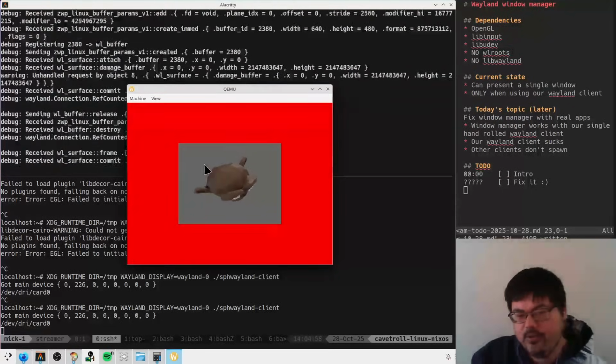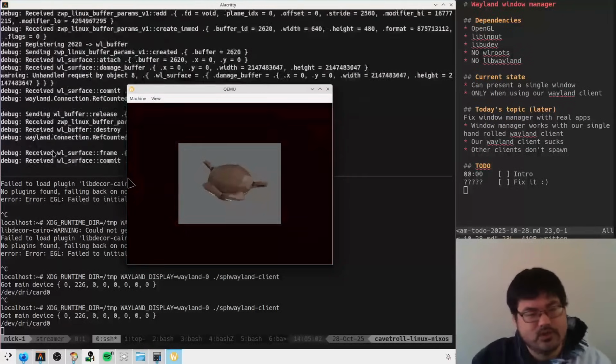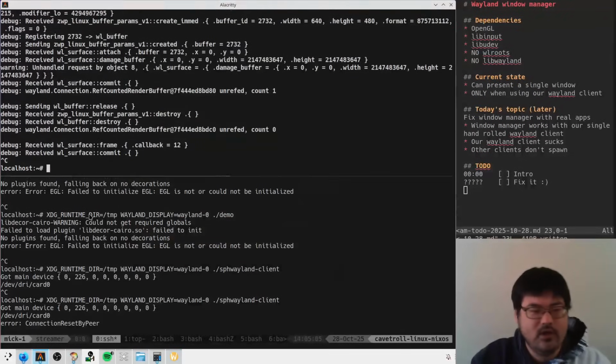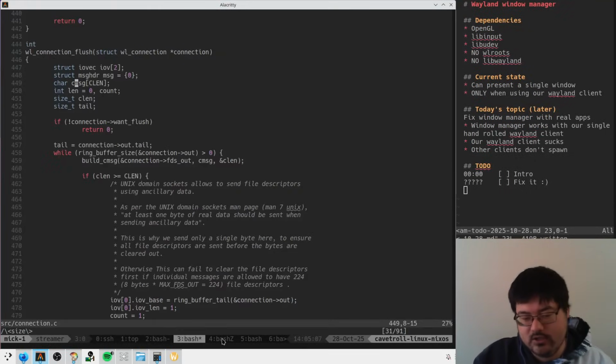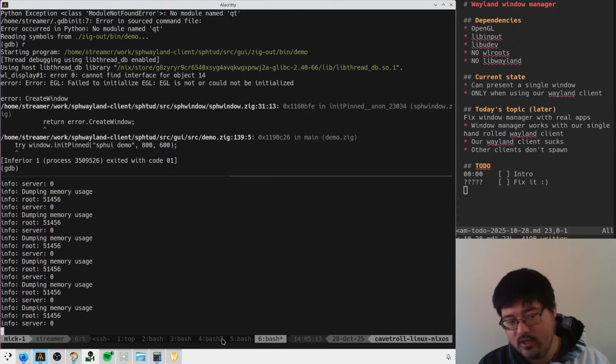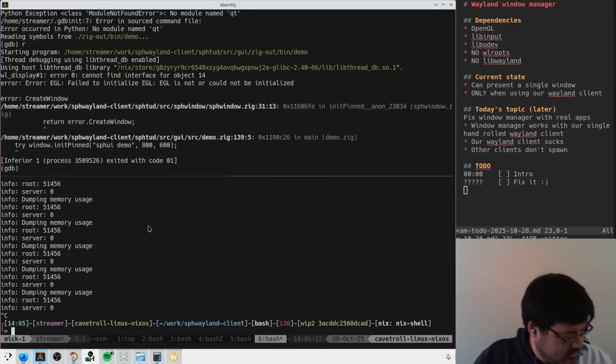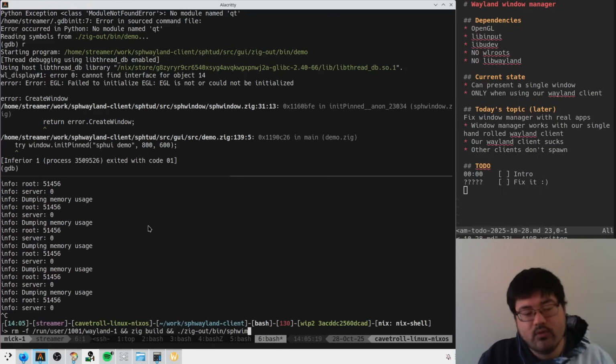And this works great. Great is strong, but it works. But what doesn't work is if we start trying to run a normal application, it crashes, because our Wayland compositor is not implementing all of the things that a regular client would expect. So what we can do, just to show, is run our window manager